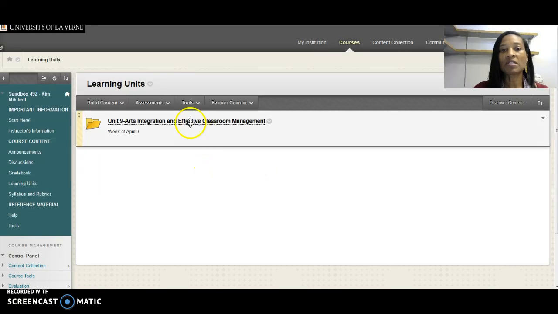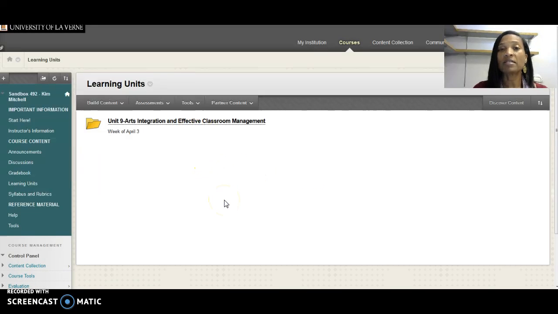And it takes the students to the units. So I wanted something that would take them directly from the start page to the actual units that will be in the course. So over here on instructor's information,